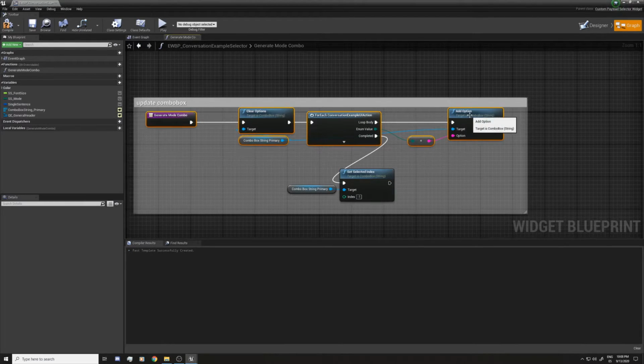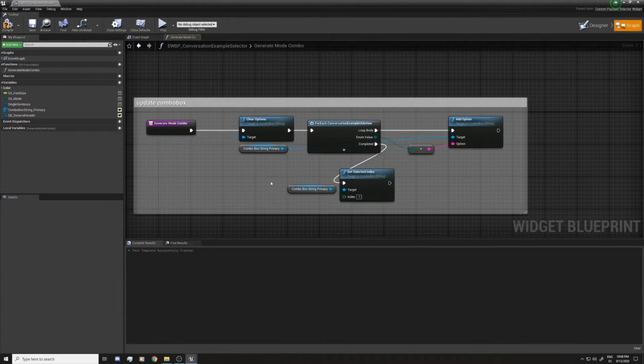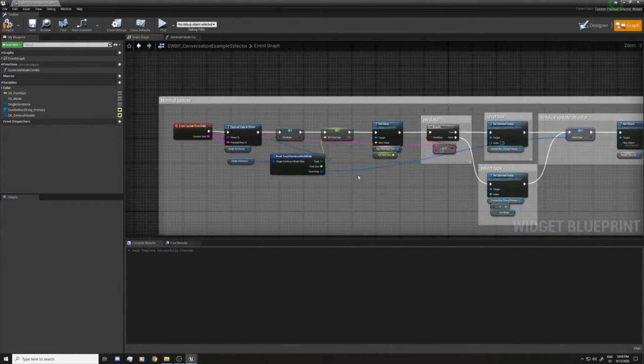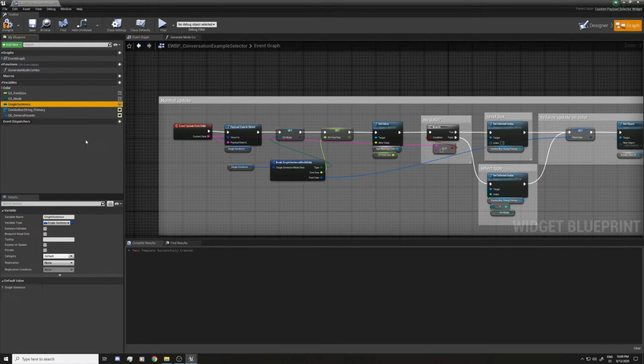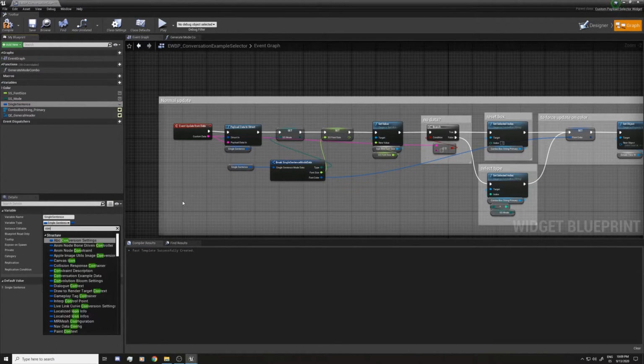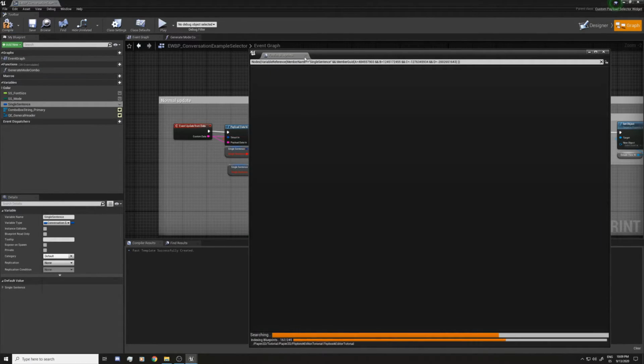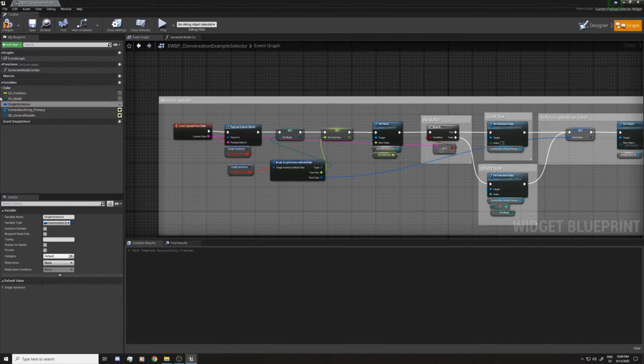So this now is generating option for the enumerator that we created, and you can see, if you remember, we had created all these separated variables for the structure, but this structure now is different. Is the one that we created. Is conversation example data. We're gonna change the variable type. I'm gonna close that.